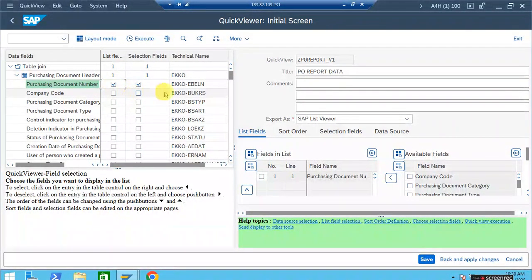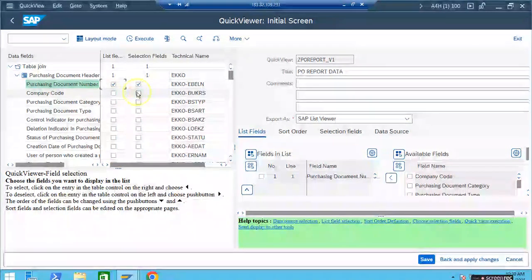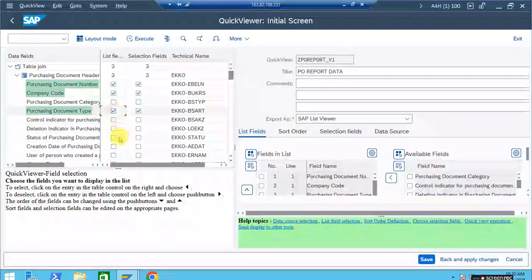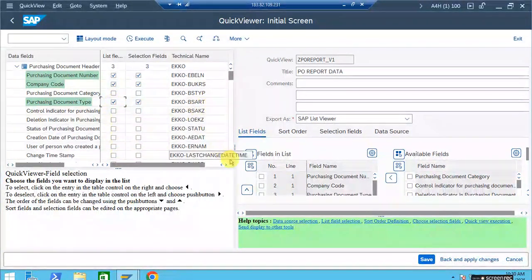Then EKKO BUKRS means the company code field. So this field I want on the selection screen as well as on the output screen. Then purchasing document type, this field also I want on the input screen as well as on the output screen. Then if you scroll down,